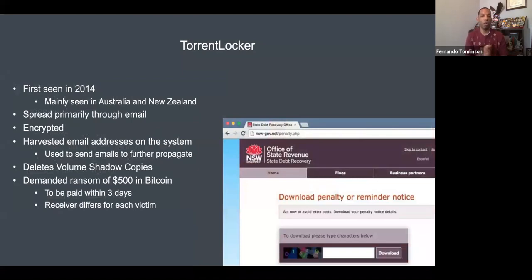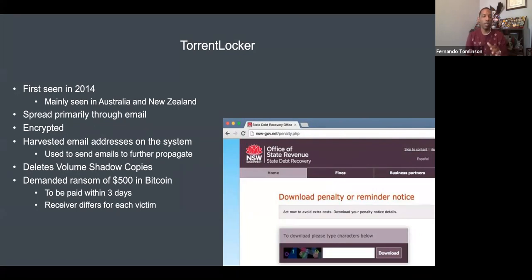2014, we see Torrentlocker. This was mainly in Australia, New Zealand, but it spread also through email. It sought to harvest email contacts, if you will, on a system in which it was infecting. So then it will look to propagate to people on your contact list. Up front, it also looked to get rid of those volume shadow copies. So even when you realized that the system was being encrypted, your initial source of backup was already going to